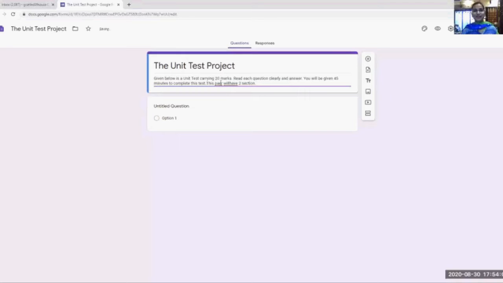Remember, when I explained the unit test project to you, there was something called instructions to the examinees. That same document giving instructions to the examinees will be typed in this description of the form. Okay, so